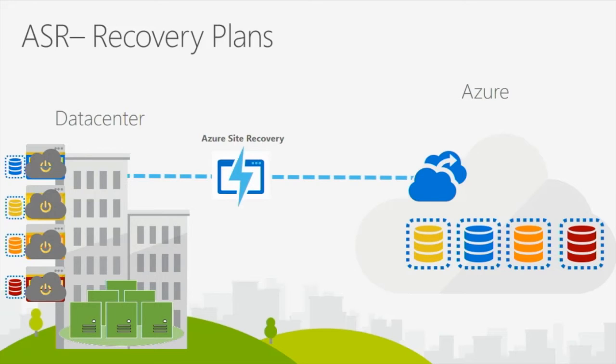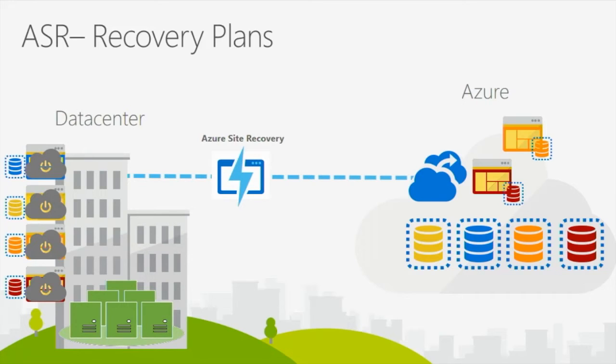We can have multiple groups within a recovery plan, and we can control which order those groups are failed over in. So if we've got dependencies, we can order that recovery plan so that we meet those dependencies, so that when we bring our application up, it's actually going to see the database and the file server and whatever else that we need. We can also have pre and post tasks which occur against those virtual machines to help orchestrate that